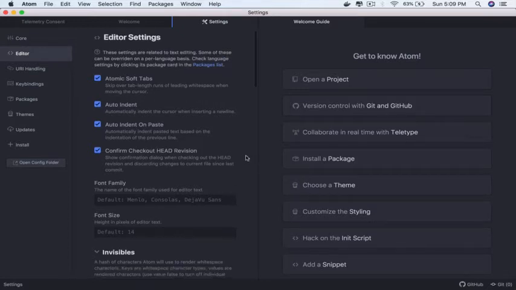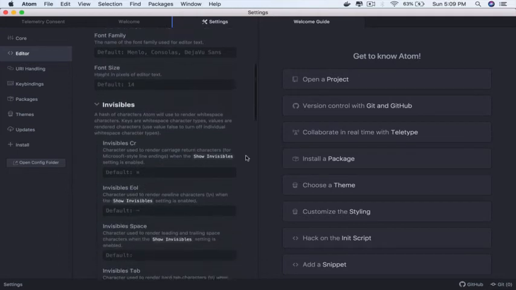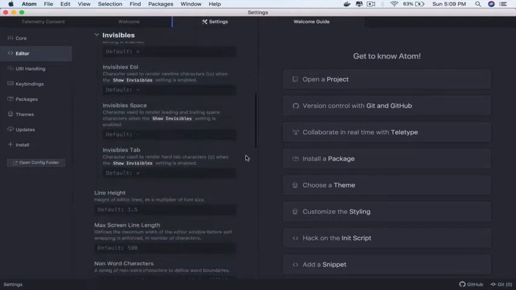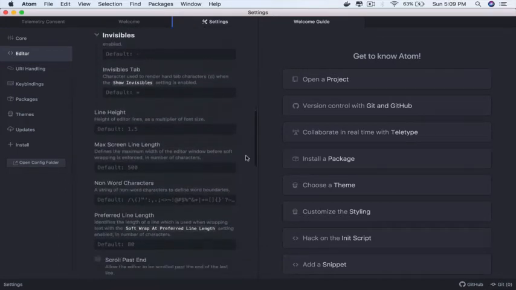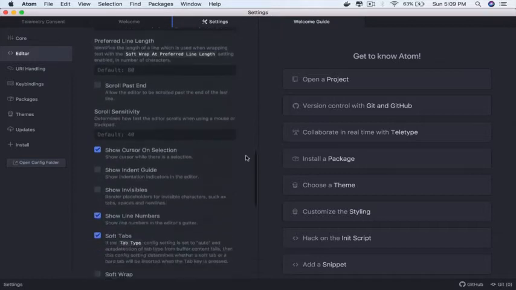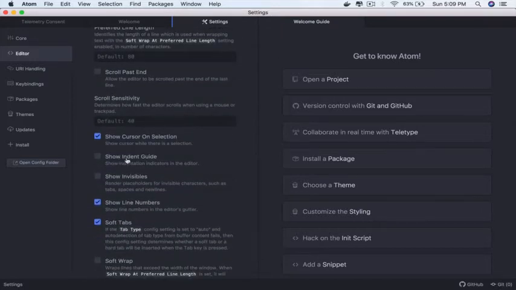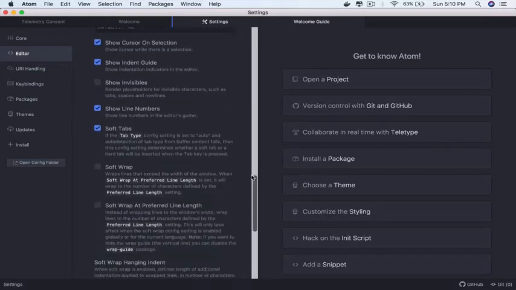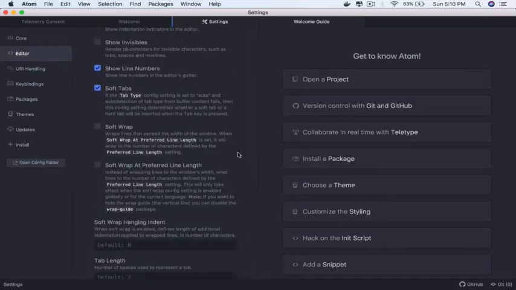They are all enabled. Scroll down. There are a few things that will help us with our Python coding. Here, Show Indent Guide. That will be very helpful because Python is based on indentation, the spaces you use in your program. Scroll down, Soft Tabs should be enabled, which you see right there.